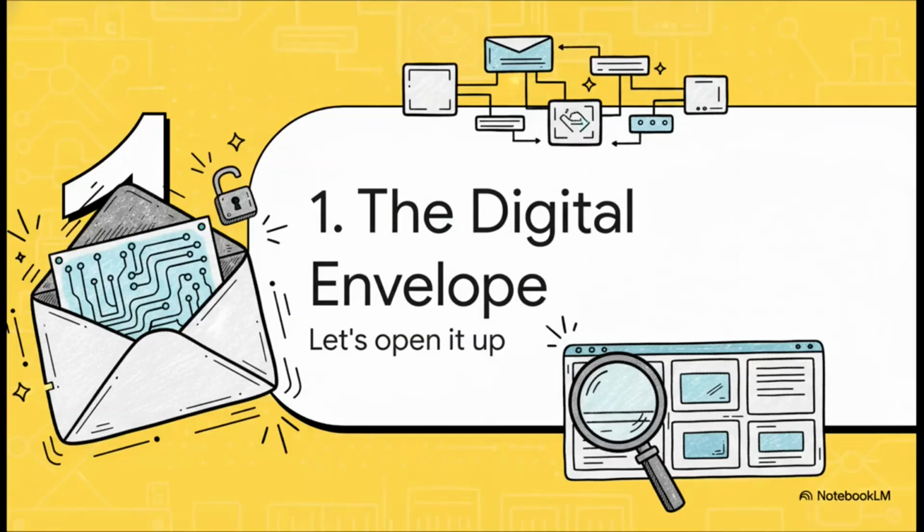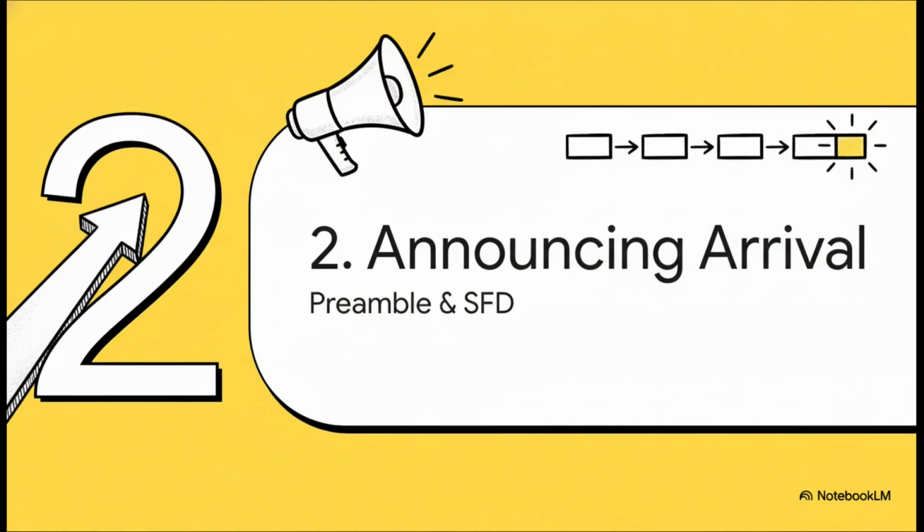So for the rest of this explainer, let's think of the Ethernet frame as exactly that, a high-tech digital envelope. And what we're going to do is carefully open it up and look at every single part to see what makes it tick. So we've opened our envelope, and the very first thing we find, it isn't the to address,